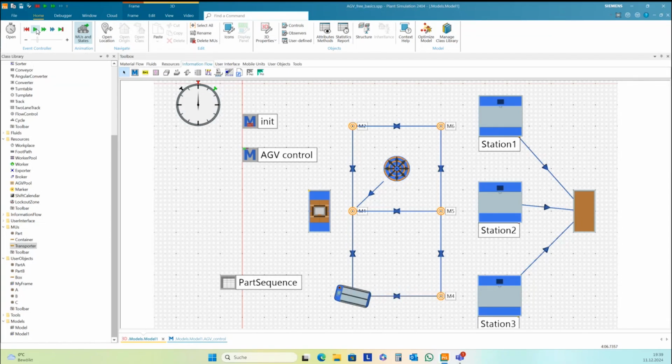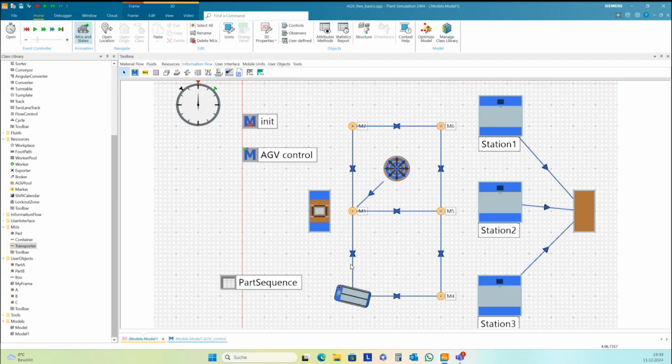Okay, so we have two slightly different kinds of approaches for controlling free moving HEVs. The first one is with set route. You can set a route, consisting of pool, markers, track segments to reach the destination.